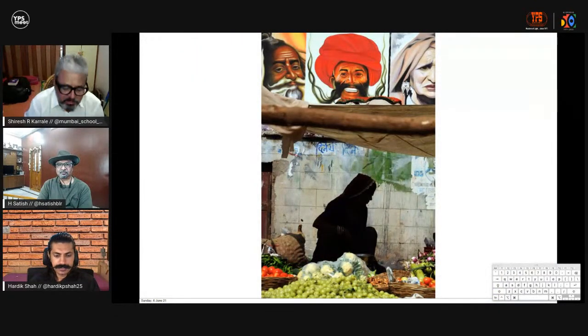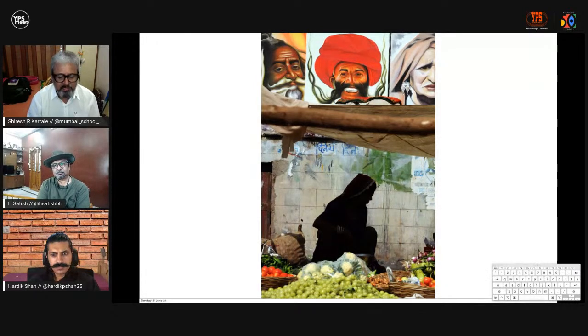Hardik, you can see this picture if you have a doubt, no? Color background. You can see the upper background, okay. This I shot in Pushkar Mela. I waited half an hour for this picture, because I like the background and